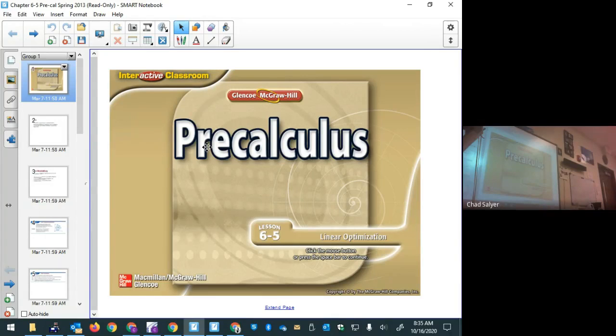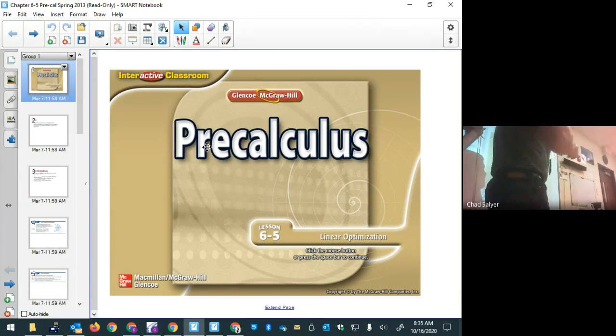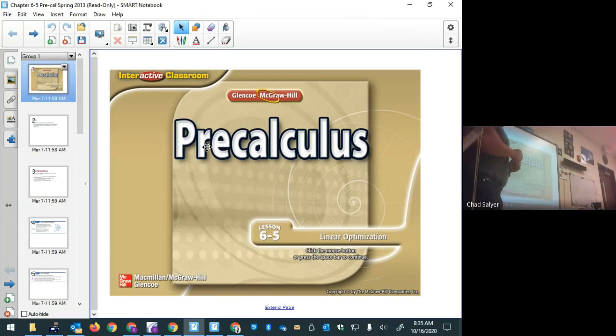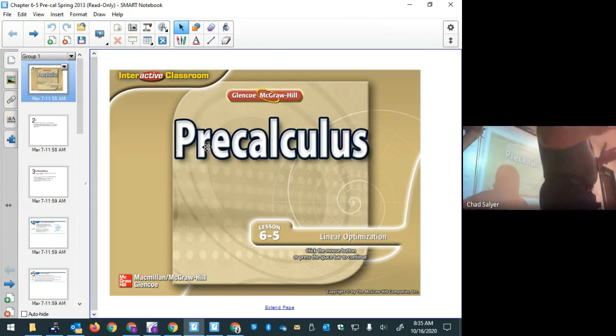This is an orphan of a topic that chapter 5 had just kind of sandwiched into chapter 6, because this has no connection, not even a specious one like the previous, the matrices. It's about linear optimization. So this is when you have a series of linear constraints and you're trying to optimize an objective function, one that involves both x and y as inputs over those constraints. So like, for example,